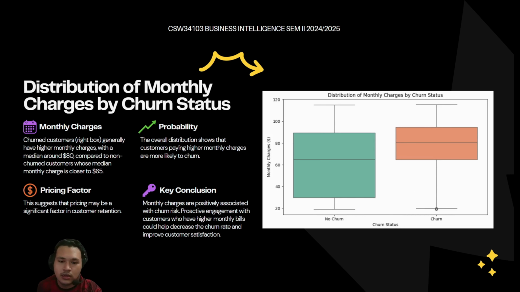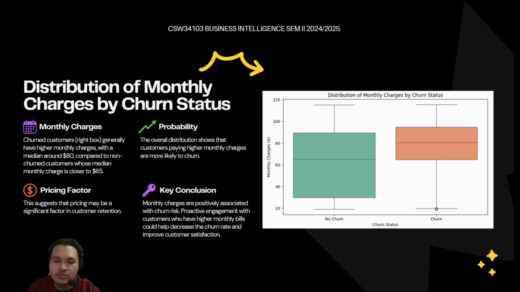Now, let's look at how monthly charges relate to customer churn. This box plot compares monthly charges between customers who have churned and those who have not. Customers who churn, shown on the right, tend to have higher monthly charges with a median around $80. In contrast, non-churn customers have a lower median closer to $65. The spread of monthly charges, or interquartile range, is also wider for churn customers, meaning there's more variability in what